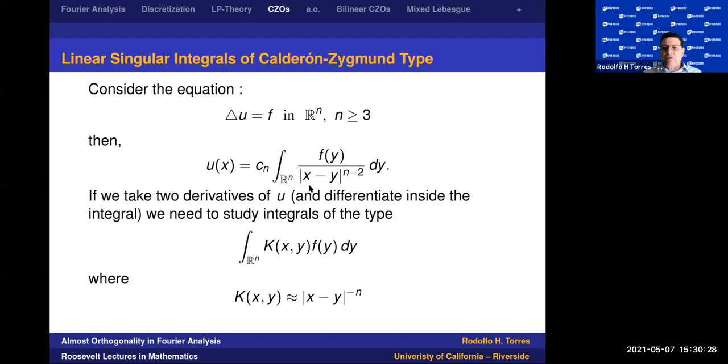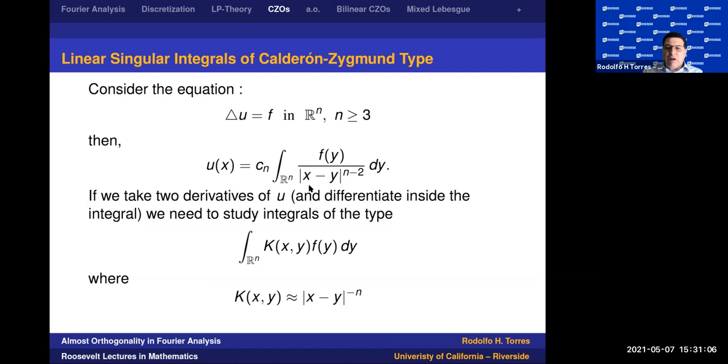So when you take 2, you get something that behaves like 1 over x minus y to the power n. And that is very scary because this is a function that is not locally integrable. As x approaches y, this blows up. It's also not integrable at infinity. It decays, but not fast enough to make this integral finite. So it has to be interpreted in a proper sense when you take two derivatives,